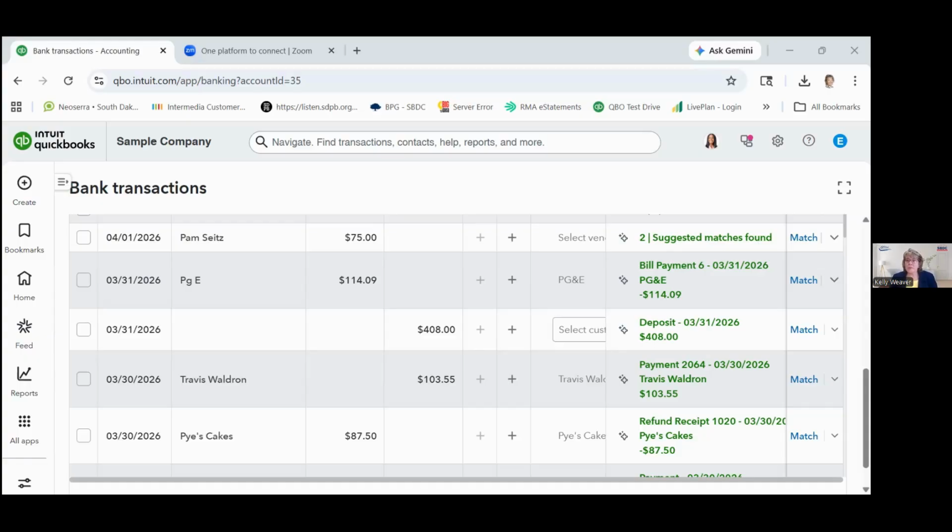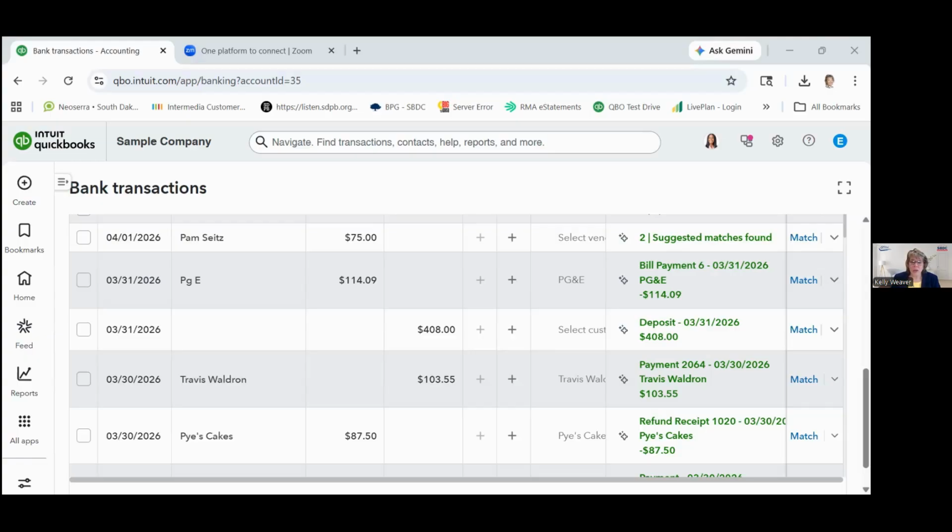All right, we got a couple other new questions here. The cost for QuickBooks really varies based on what version you get. If you go to that QuickBooks website that I posted in the chat, that will take you right to the pricing page.